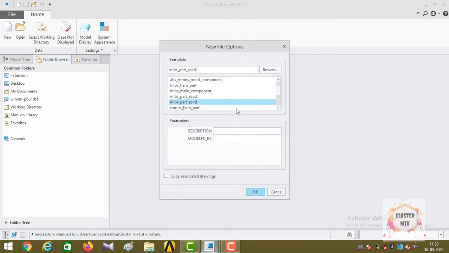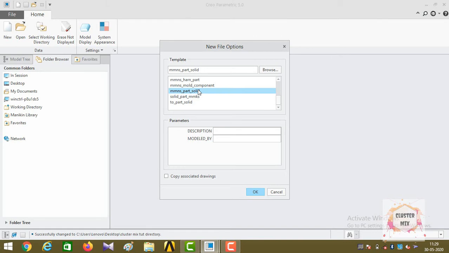And I just set my unit as mmns_part_solid, which stands for millimeter Newton second part solid. It implies that your unit is going to be in millimeter, Newton and seconds.